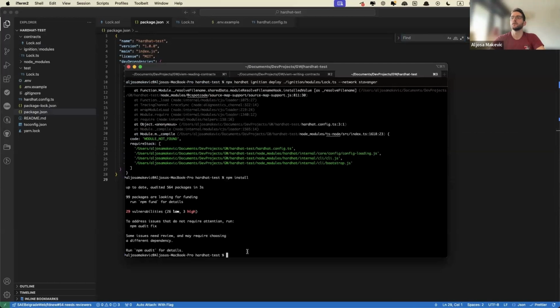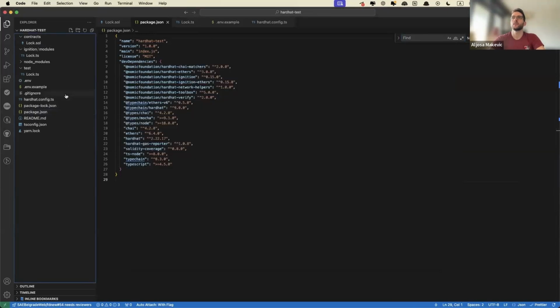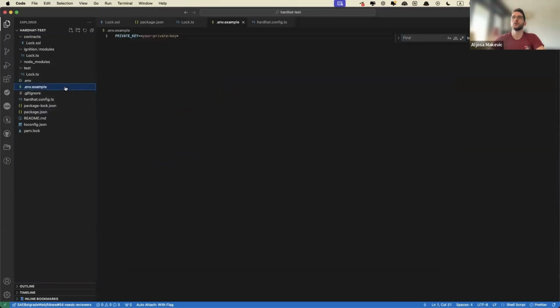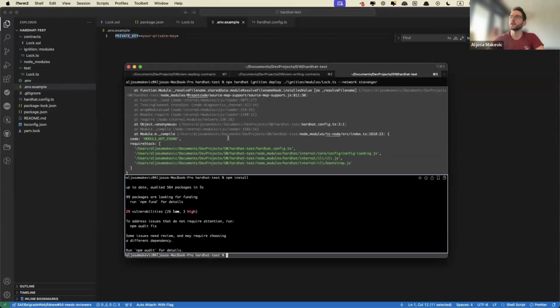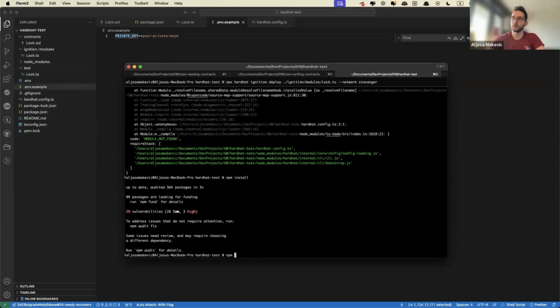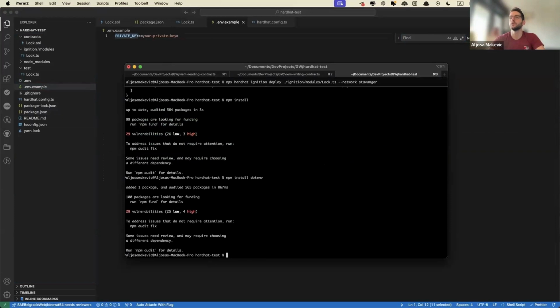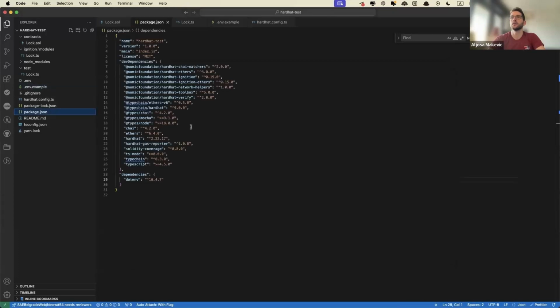It's asking for the .env package because somewhere there I showed you it's looking for my private key, and to actually access the private key it needs the .env package to be able to do that. So I'm pretty sure it's npm install .env. If not, I'm gonna Google it. Right, now it's added. It's right here.